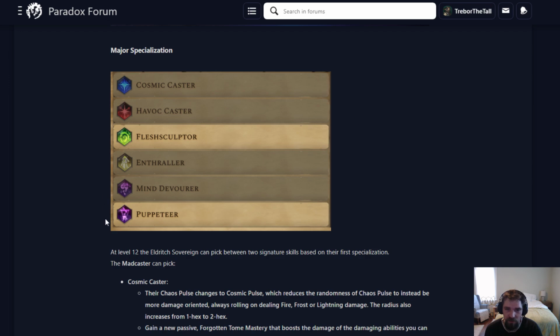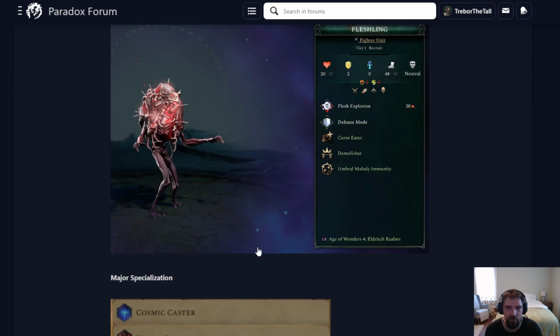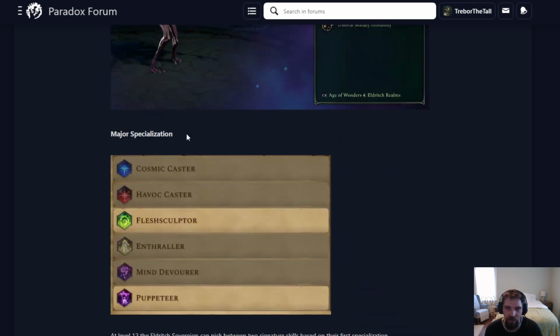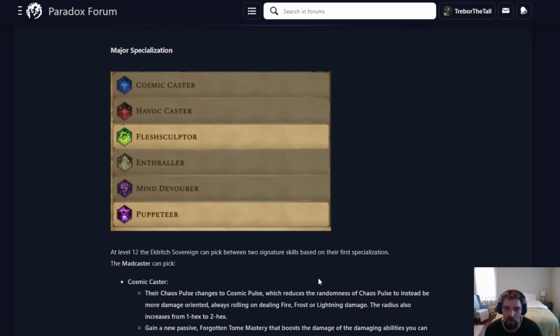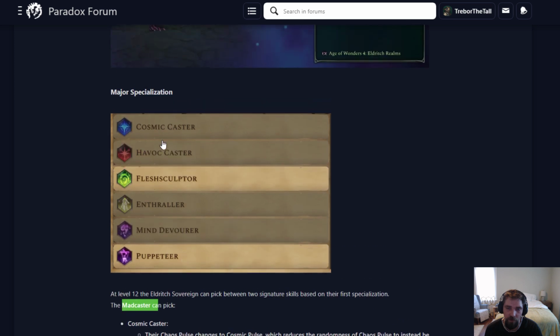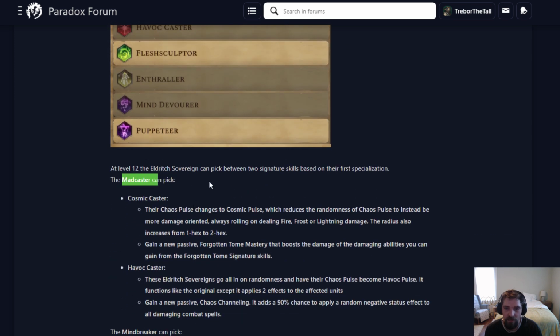So major specializations happen at level 12. So this isn't the thing that you get after level 4. There's something else that happens at level 8, but this is tied to the things that happen at level 4. Basically, you're going to get 2 options based off of the choice that you made previously. If you took Mad Caster, you can either take the Cosmic Caster or the Havoc Caster buttons. Those are the first 2 here, and they will make it so that instead of it maybe not being bad for your enemy, maybe it heals them,